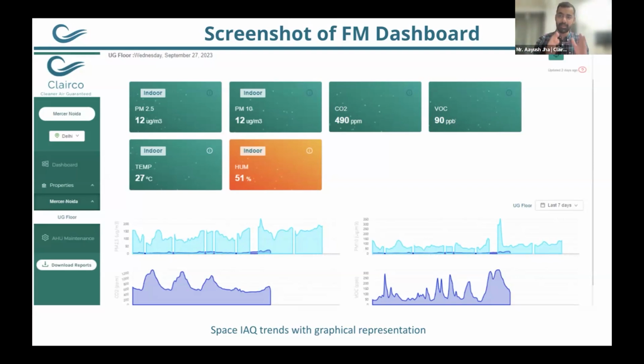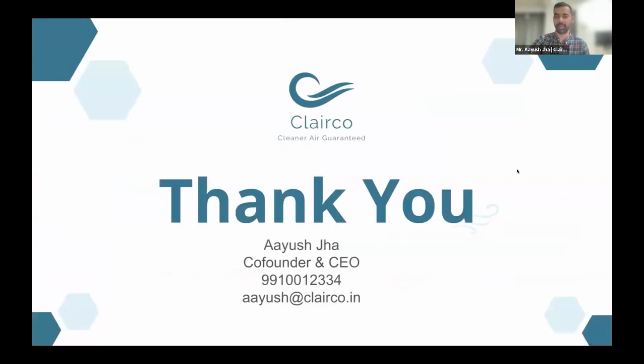For example, if there's a sudden spike in a sensor, my system will understand that these spikes are happening more often than earlier, and it is not necessarily because of bad air. It could be because of a faulty sensor. So we will send someone to go and check it. So it's also important to take data, make sure you are using a lot of analytics over it, but also take it with a pinch of salt. Ensure that there is something that is doing fault detection diagnostics on the data. This is something that we've been able to do at Clareco as well.